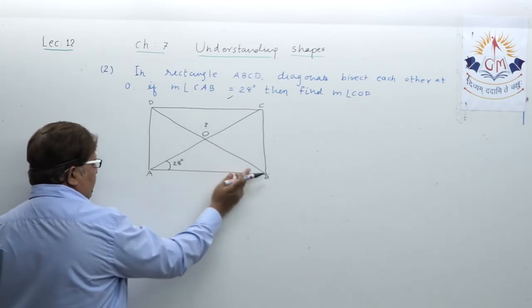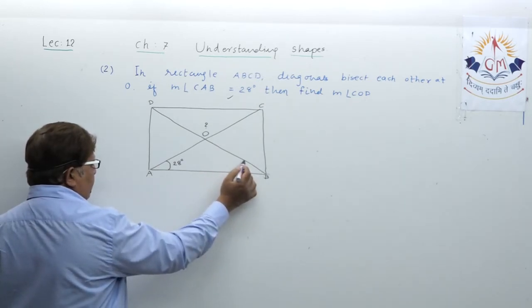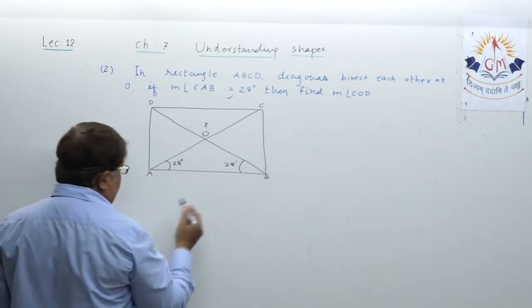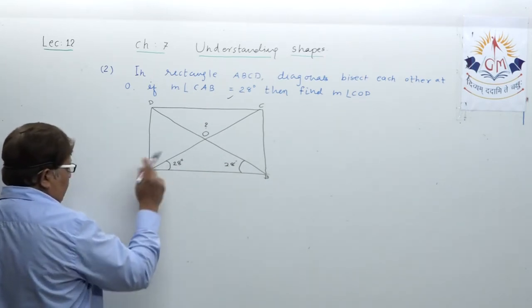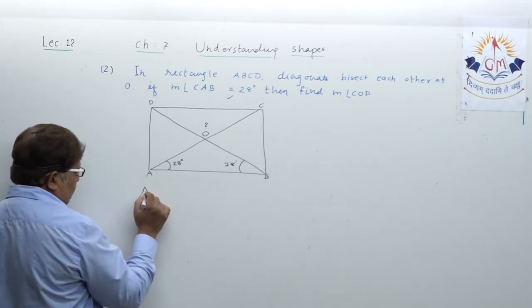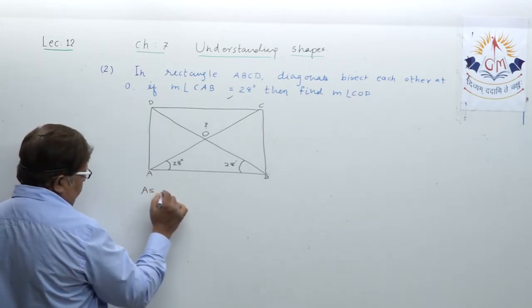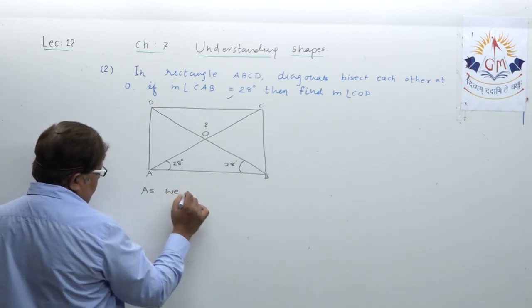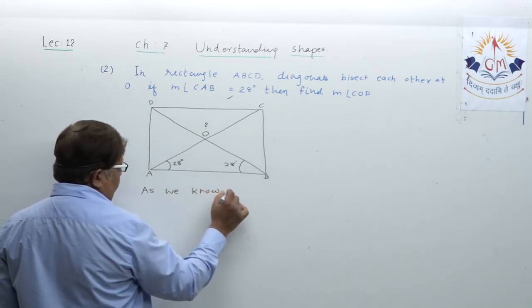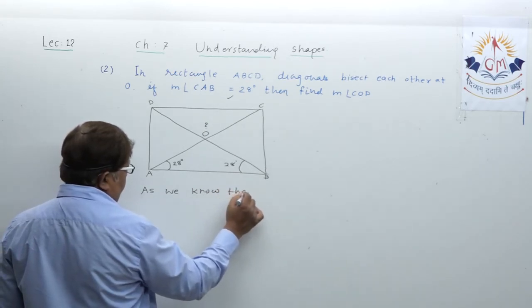That means these two angles are also congruent. So this is also 28. Let us write it. You do not have to prove these two triangles congruent. You can just mention the fact this way, as we know that